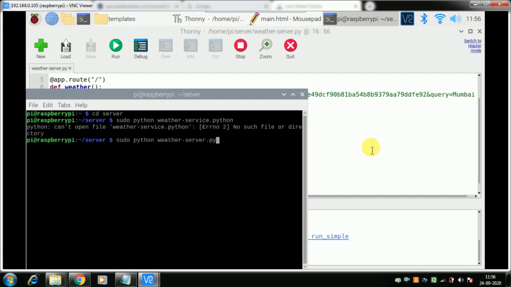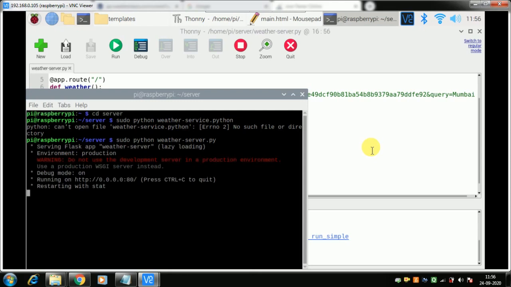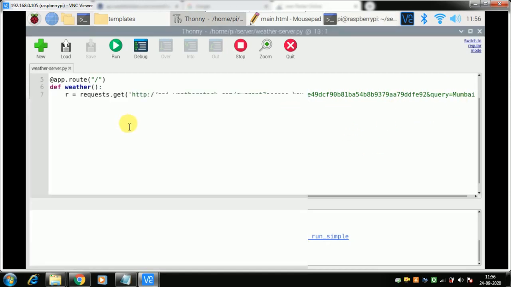You can just use the up arrow or down arrow to get the earlier commands that you have run, so you need not type them all. I do 2 up arrows and then press enter. So our server should start running again. Now I want to stop the server. You can stop the server using Control-C, and it will stop the server and come out. Now let us go back to our Python code, which is here.